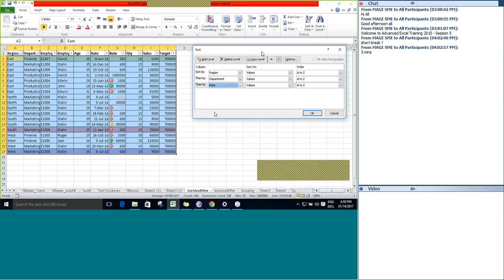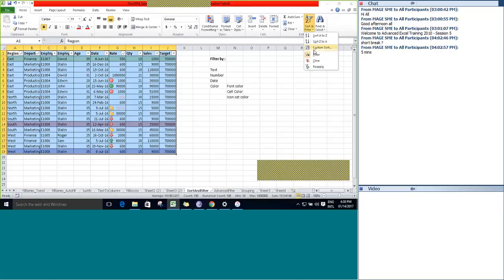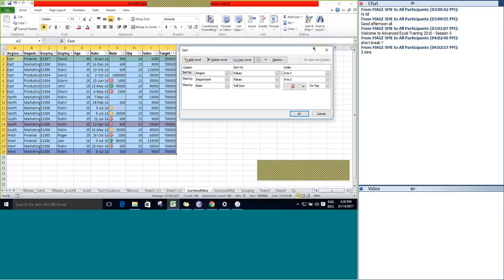So this way you can play around with the sorting available here. At any point of time, you can add a level or you can delete a level. If you want, you can copy the level as well. If I click on copy level, the same level is copied, and you can make the changes based on your choice.